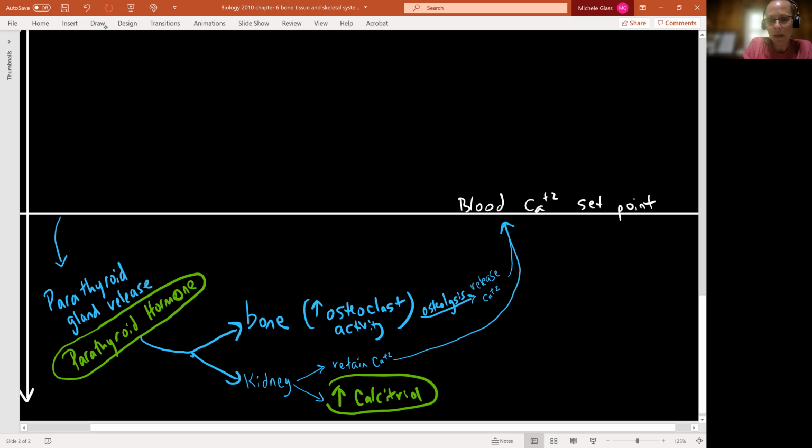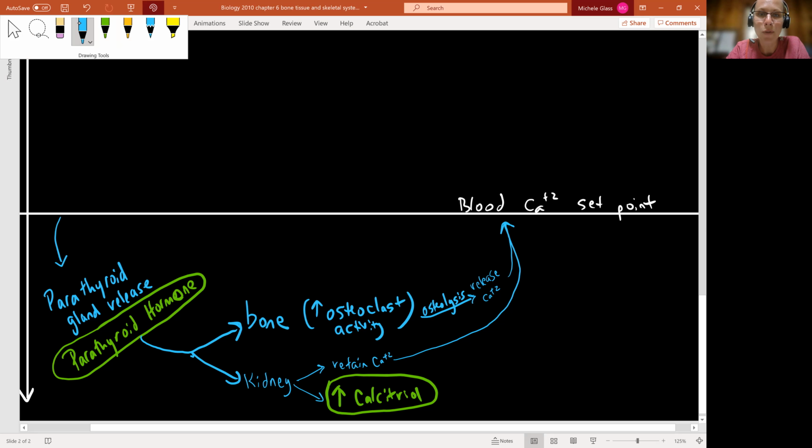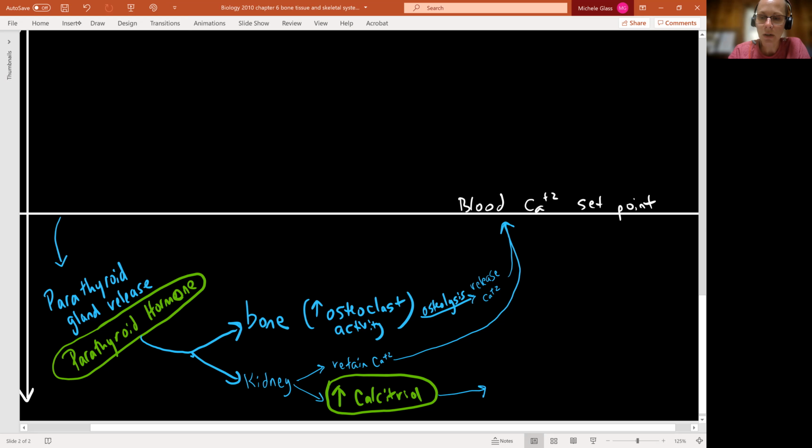Calcitriol, remind yourself, is kind of like the hormone name for that vitamin D3. So all that connection we had with the integumentary system is true here. Now the calcitriol actually talks to the small intestine, and it triggers the small intestine to increase calcium absorption. So all that calcium from that big glass of chocolate milk is now going to be brought into the